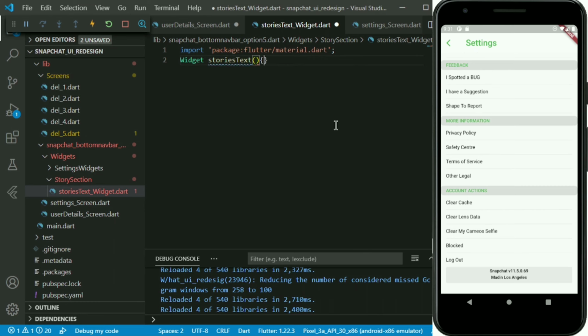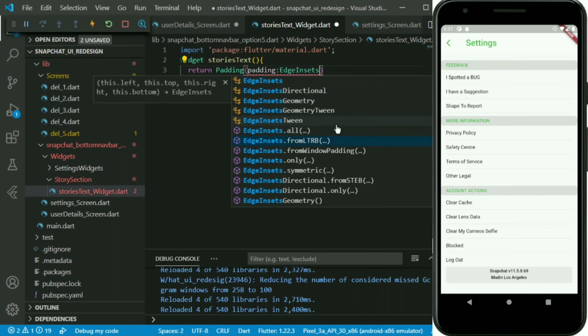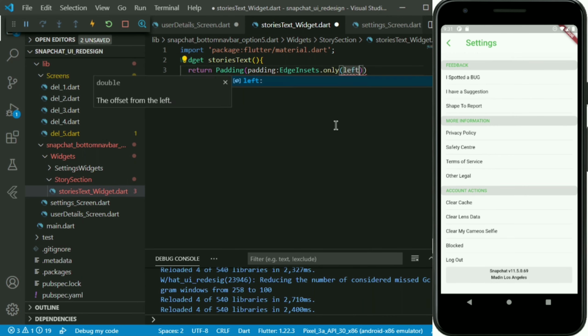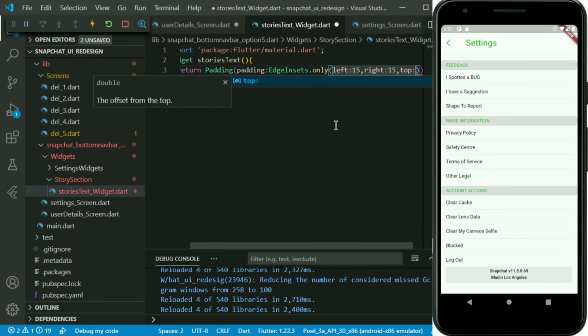In that row, we'll have a text which says stories, and next to it another text inside a container which says add private stories. So it is similar to the original UI which is there. I'll quickly make this widget.